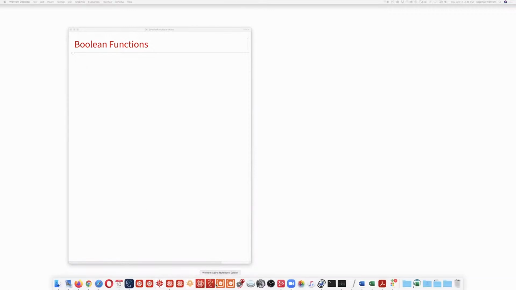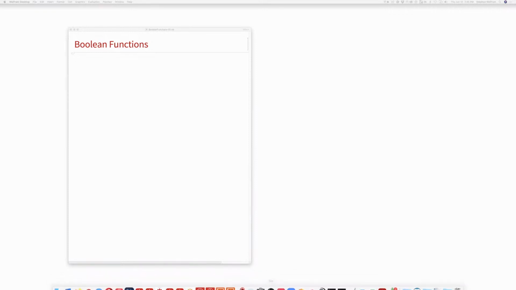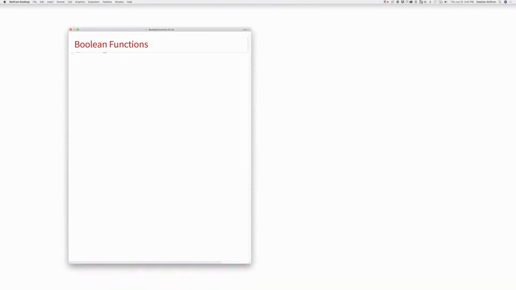Okay, so what we're doing here. So the question is, so I need some kind of introduction. So I'm going to talk about Boolean functions. What are Boolean functions? That's things like and, or, and so on. And so the first thing to say is, what's the main point? And we have a function in the language called Boolean function, and I think what I'm going to be doing, so I'm just sort of thinking through, and I haven't thought this out previously. I'm thinking through what,